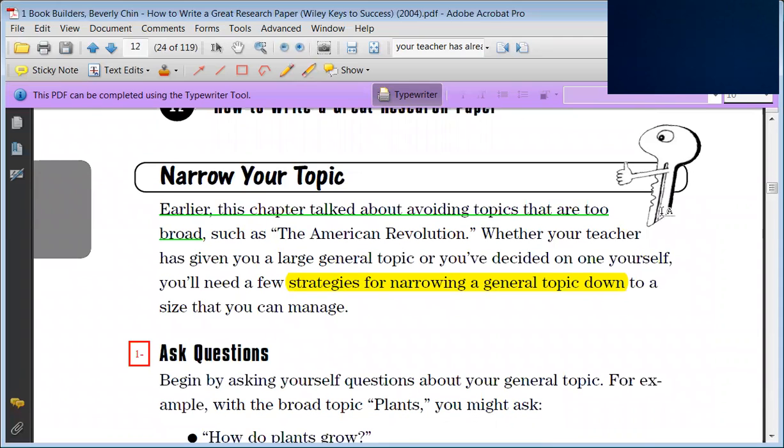The next thing is to narrow your topic. As I've told you in the previous lecture, we might choose a topic that is a broad one, or we have chosen the topic that we think is the best topic or the right topic. But when we start to search and read about it, we discover that this topic is a very broad one. So we have to narrow this topic or trim it down.